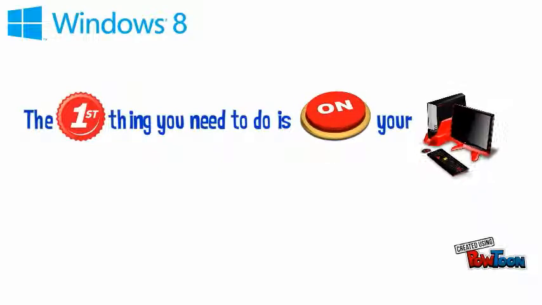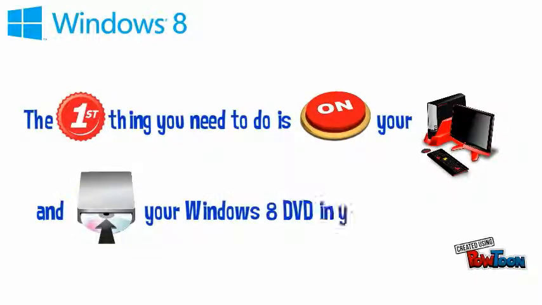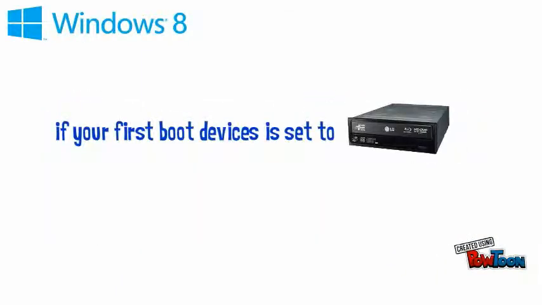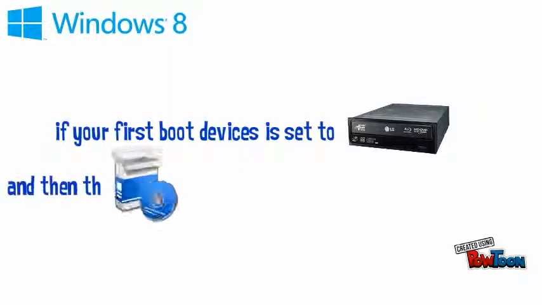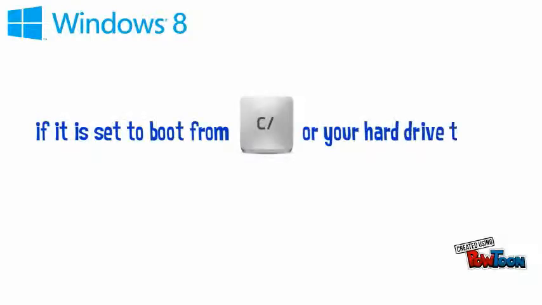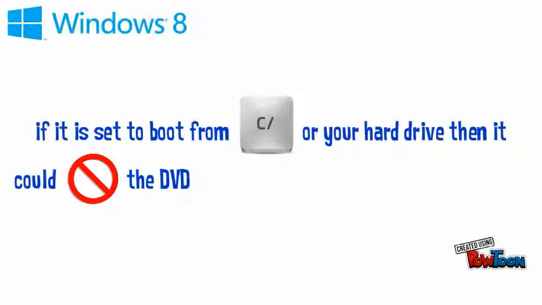The first thing you need to do is turn on your PC and place your Windows 8 DVD in your DVD-ROM drive. If your first boot device is set to DVD-ROM drive, then the installation process will begin automatically. However, if it's set to boot from C drive or your hard drive, then it will skip the DVD,